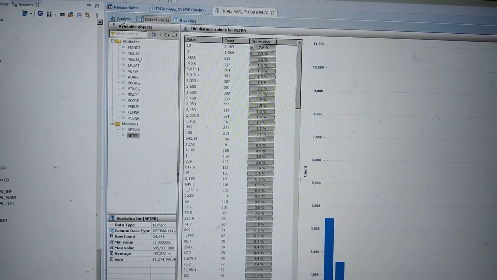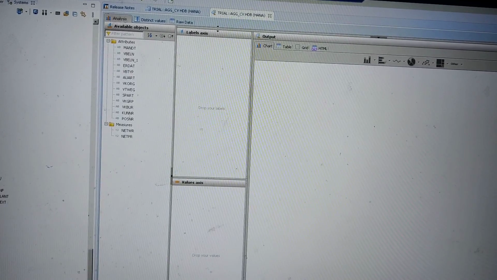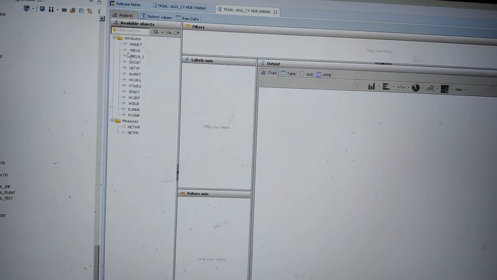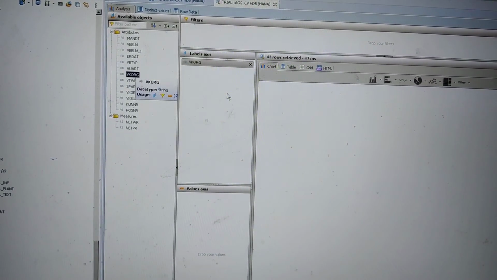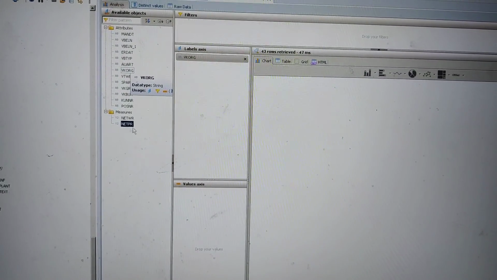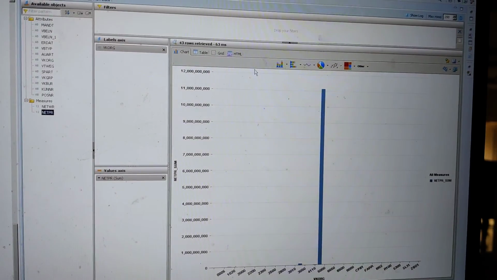Okay, now coming to the analysis part, you need to draw. I told you in the previous video, you can have this filter. Now just drag certain, see VKORG is the sales organization, and we are taking some measure NETPR. Now it gives the analysis.